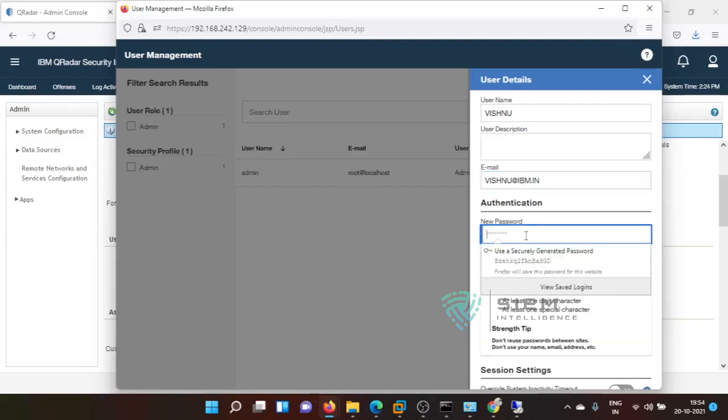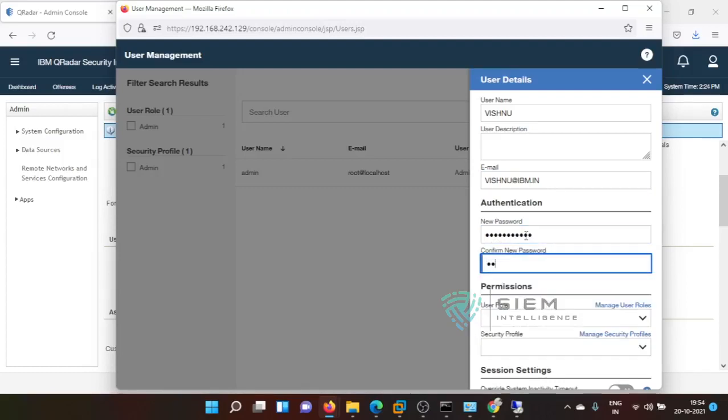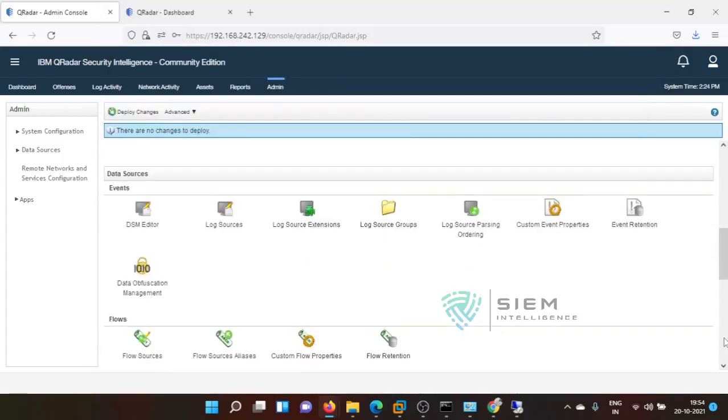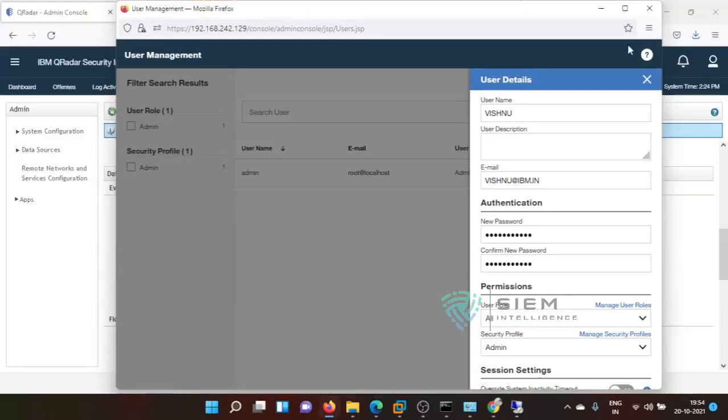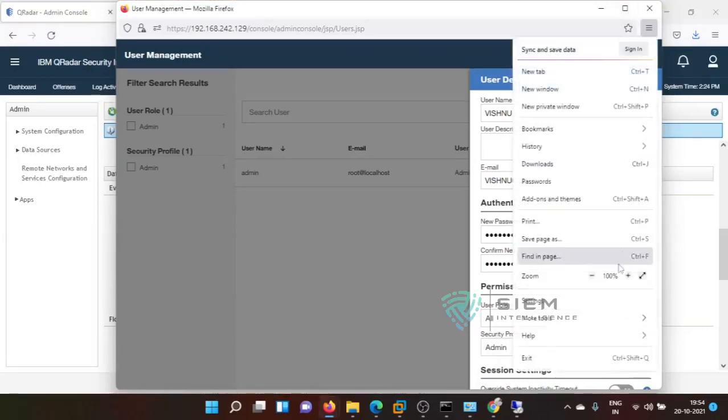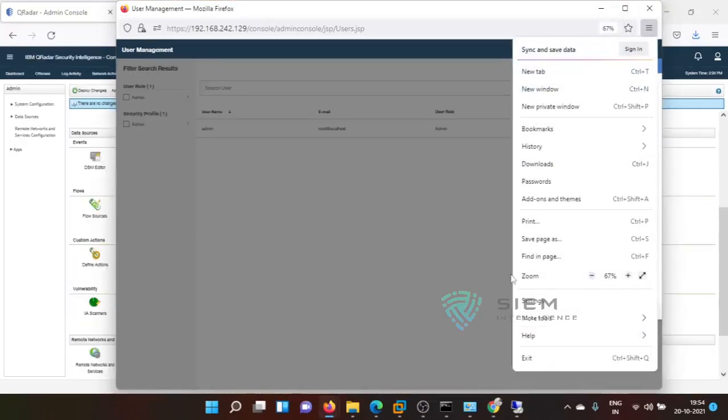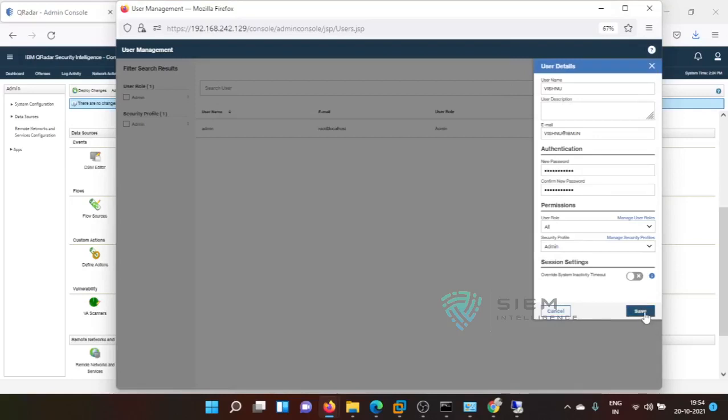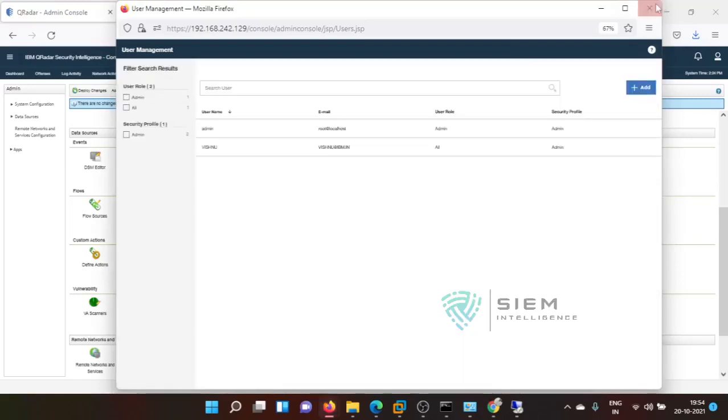This is a password. The user role is all. Security profile is admin. I saved. Okay.